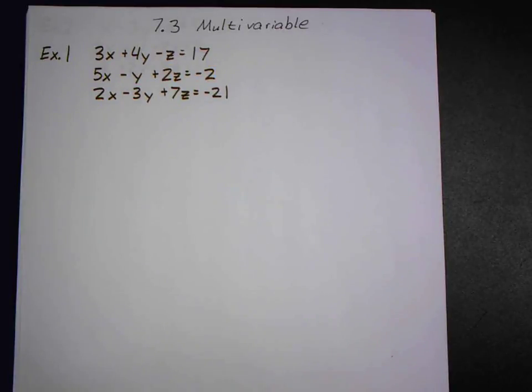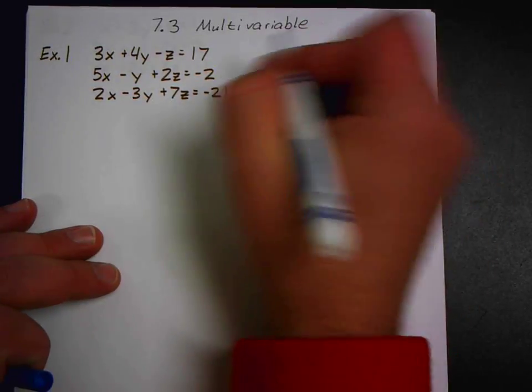First thing you have to do is decide which variable you want to get rid of first. In this case, we could get rid of z or y. I'm just going to go ahead and get rid of z. All right, so if I get rid of z,